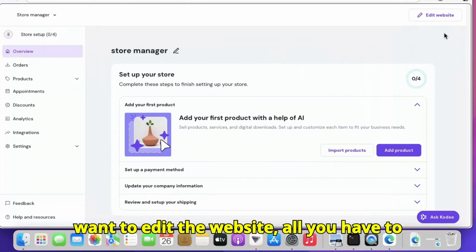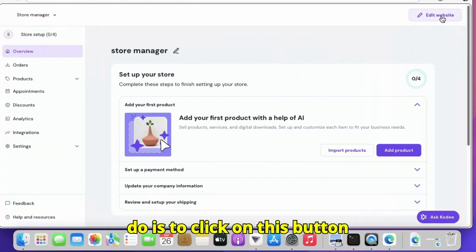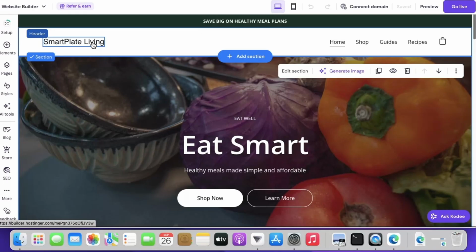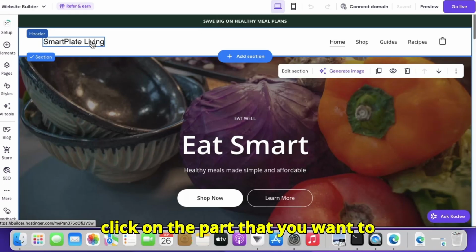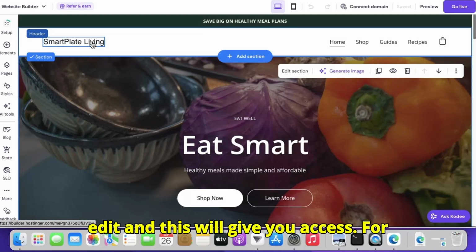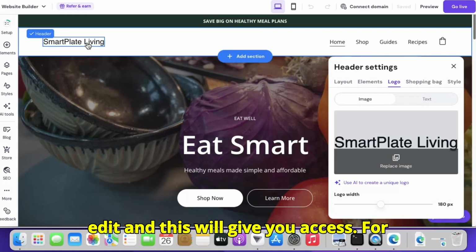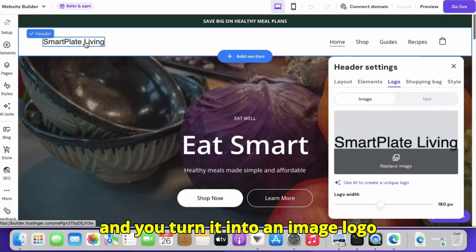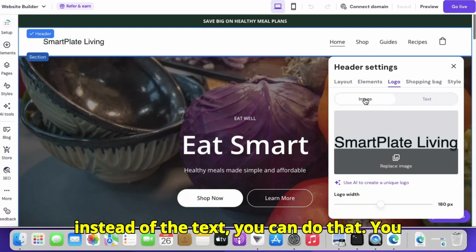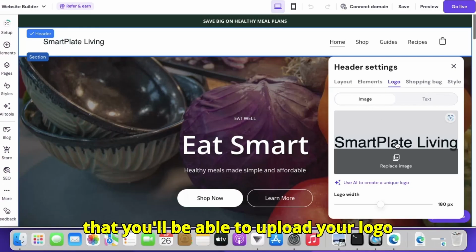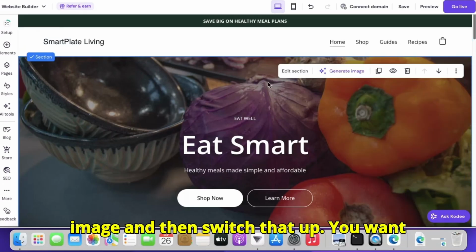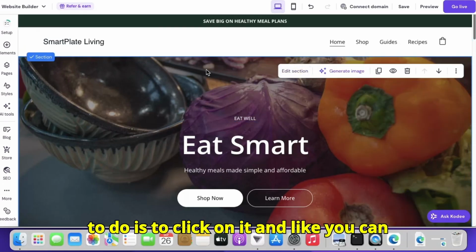So if you want to edit the website, all you have to do is to click on this button, and it's going to allow you to edit your website, like I said. So basically, all you have to do is to click on the part that you want to edit, and this will give you access. For example, if you want to change the logo and turn it into an image logo instead of the text, you can do that. You click on this option of image, you'll see that you'll be able to upload your logo image and then switch that up. You want to edit the first section, all you have to do is to click on it,